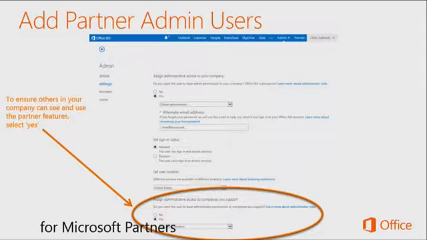You can add partner admin users. So these are users internal to your organization. You'll get a new place on the user page where you can add them. You can assign administrative access to the companies you support to those users. So in your organization, you don't have to give the receptionist access, right? You can give access just to your technicians that need to help your clients.